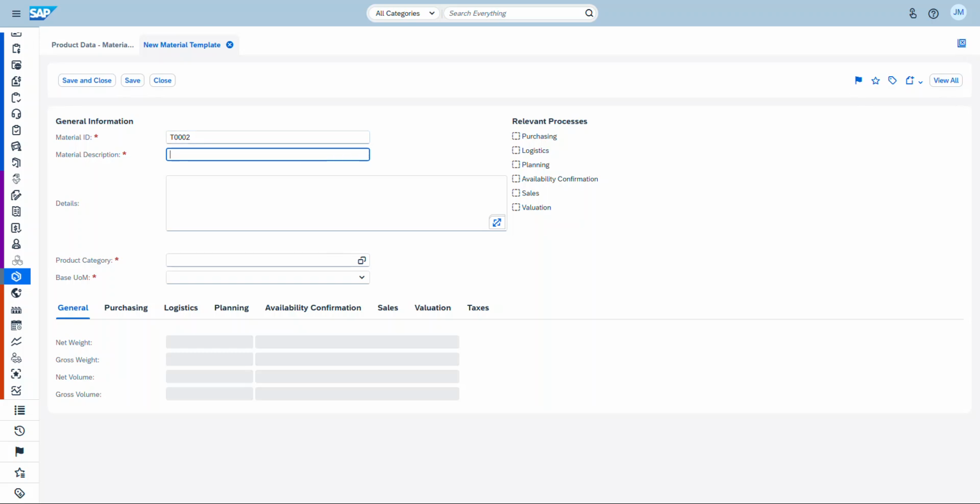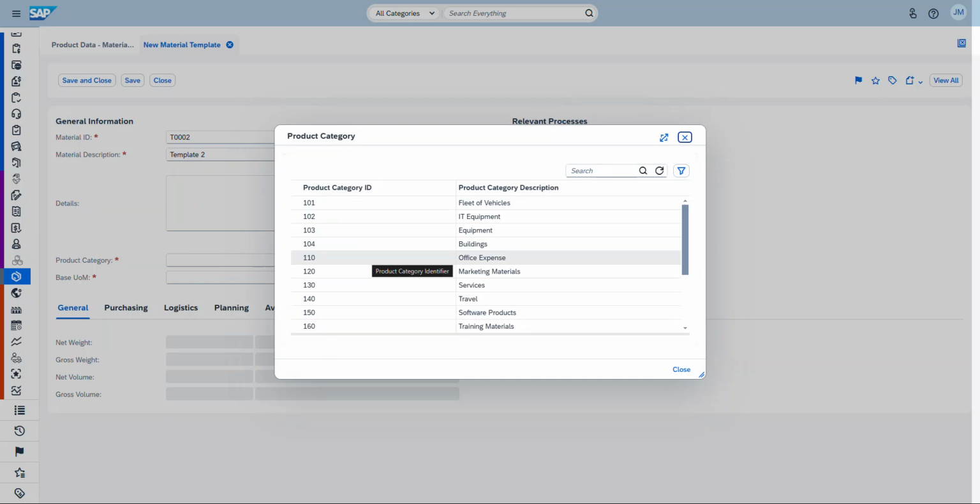So on the material description, I'm just going to add any description. Okay, so here we need to define the product category. We have the list of product categories. I'm just going to pick any, product trading material,